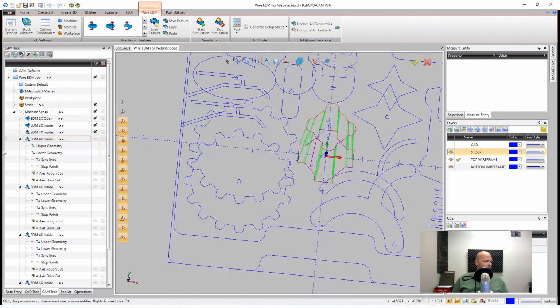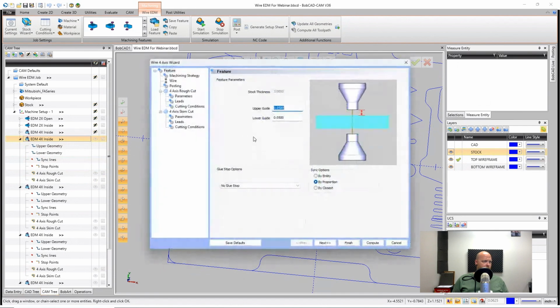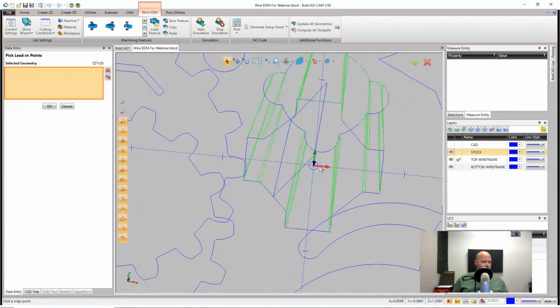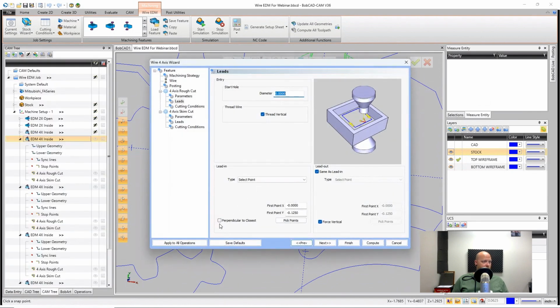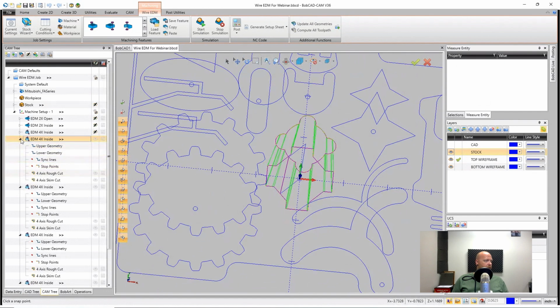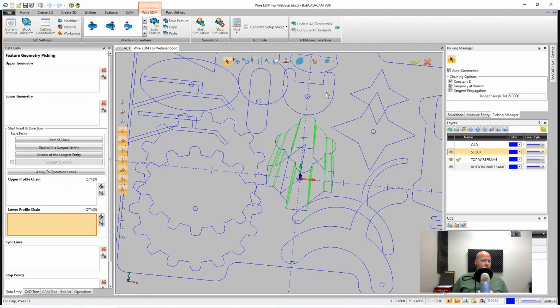And start point's off. So I have to go back in there real quick. Just do my leads. We're going to select our start point as that point right there because it was going to the origin point, not where we wanted to go. Apply to all, compute, and there we go. All right, that one's done. And then we'll go do the next one. So it's going to be this one,